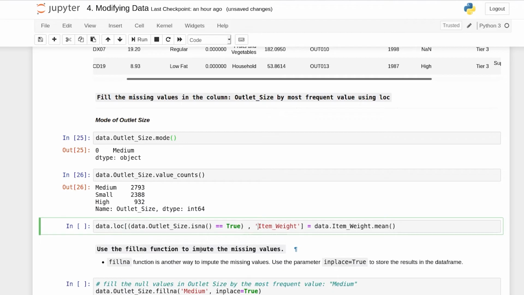Outlet size is n equal to true. Then we want to fix the outlet size column because this is the value we want to update, and here we can just give the value medium. So we can do this using the same loc method, but apart from that there is a simpler way